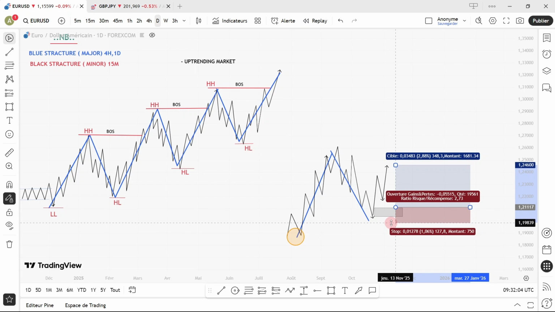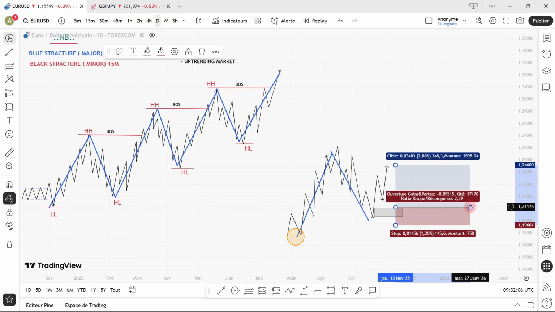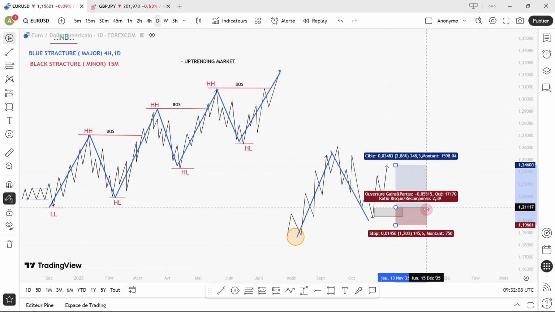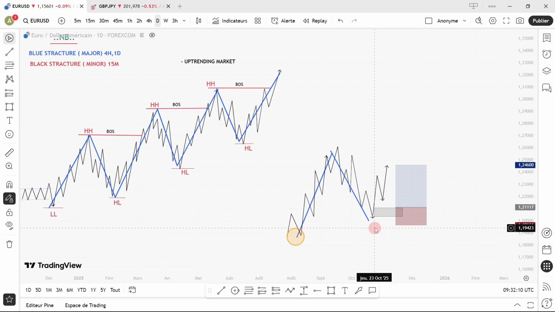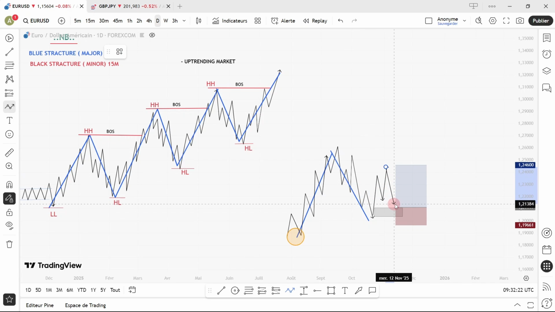You're going to place your stop loss on a validation point, on a protected lower time frame swing, because we have already got a shift. So you just have to wait for the price to pull back just like this, then you can